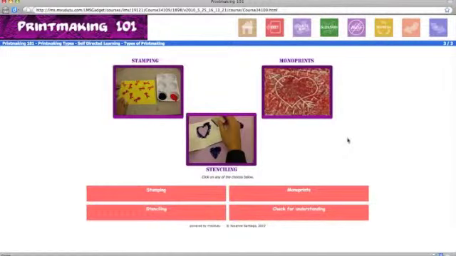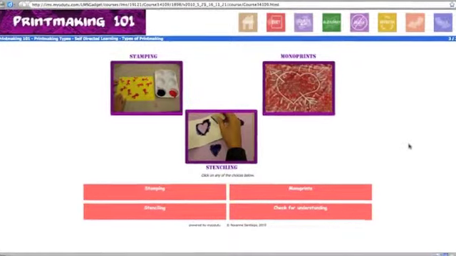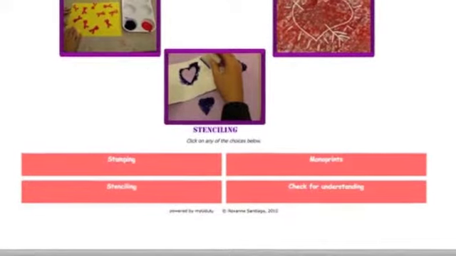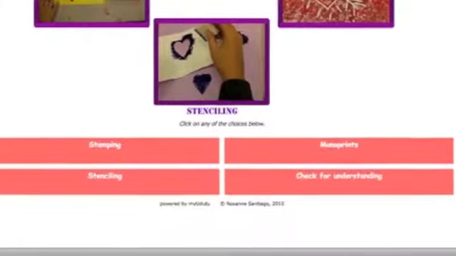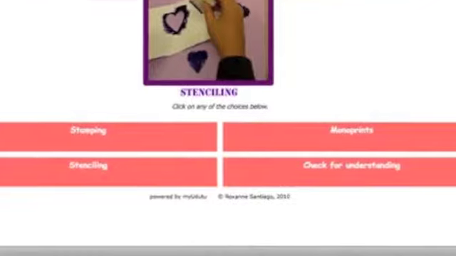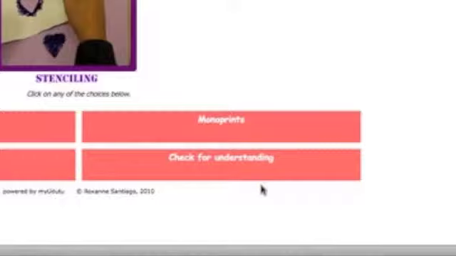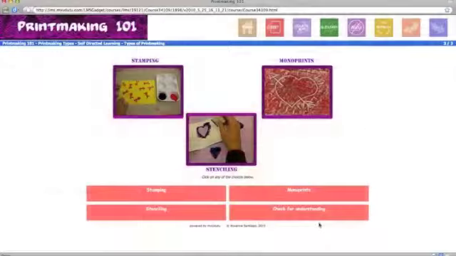Now that the students have an understanding of what a printmaking image may look like, users are sent to a screen that lists 3 basic printmaking techniques. Noted below the images, users click on what type of printmaking they would like to learn about. Users are given the option to skip the explanations for each technique and go directly to the assessment for these techniques. However, if the user chooses to check their knowledge first and does not do well, he or she will be prompted to review their information.